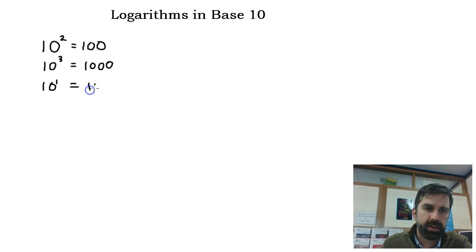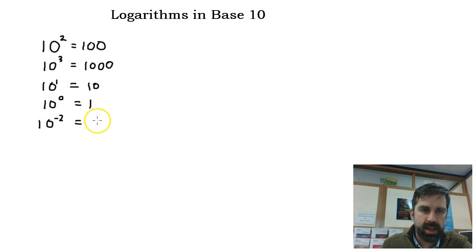10 to the power of 1 is just 10. 10 to the power of 0 is 1. And if we have something like 10 to the power of negative 2, that's 0.01. So we know how to get from a power of 10 to the answer. Well, a logarithm is really about going back the other way. So a logarithm allows us to go from this number here back to the power of 10 that is required